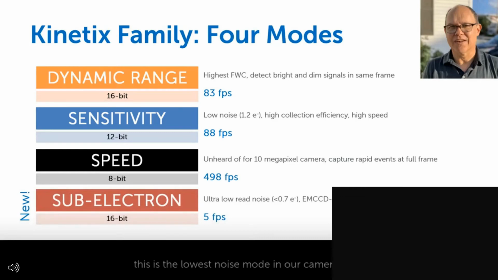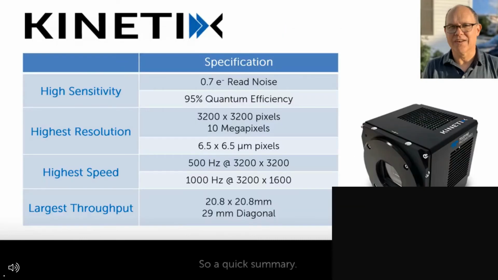This is the lowest noise mode in our camera line. And because of the way we've used the conversion gain, it has EMCCD-like contrast. Very low signals from your sample can give you very contrasty, measurable images. So in quick summary, this is the Kinetics: high sensitivity, high speed, high quantum efficiency, large numbers of pixels with